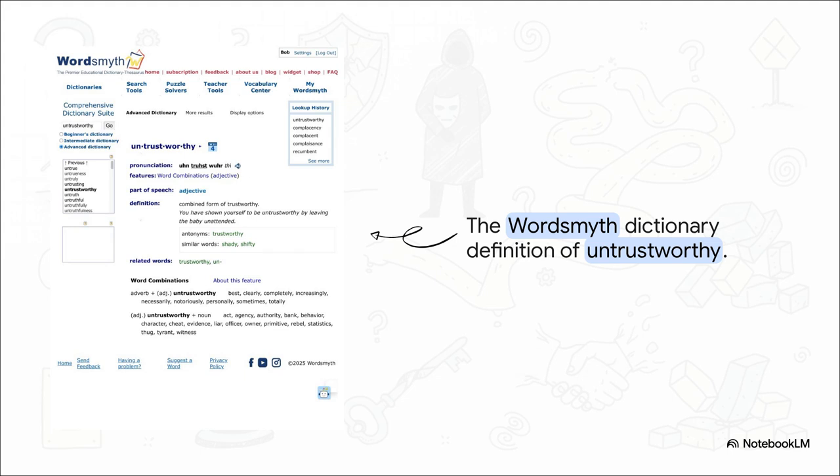And this brilliantly illustrates the official dictionary definition. If we look at the word's anatomy in the Wordsmyth Advanced Dictionary, it's almost like a mini puzzle. It starts with the prefix un, which, as we know, just means not. You attach that to trustworthy, and the whole thing literally translates to not worthy of trust. It's pretty cool how the very structure of the word tells you exactly what it's all about.